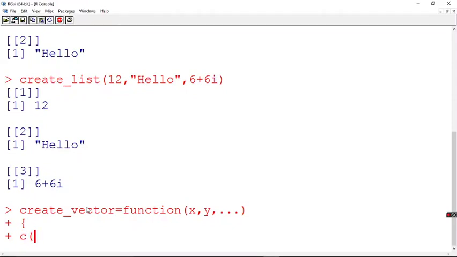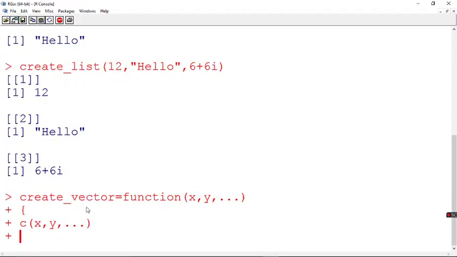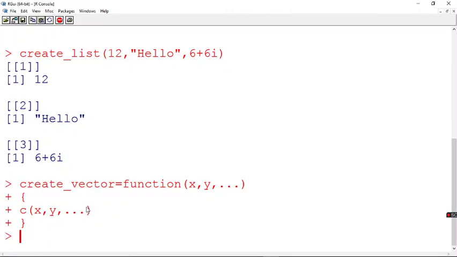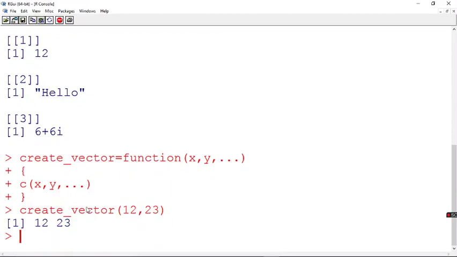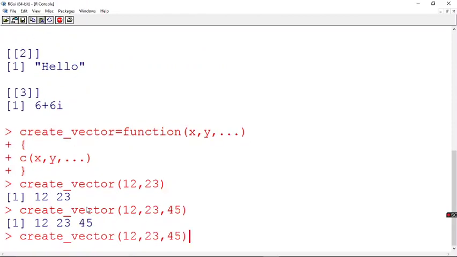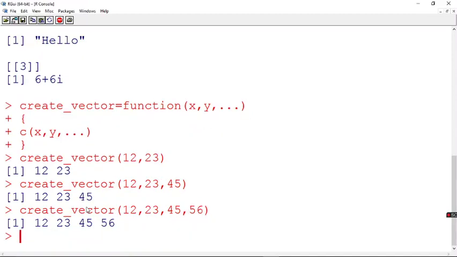So I say c of x comma y comma, and I specify that it can exceed that also. Now it is created. Now let me say create underscore vector, and I give first 12 comma 33. See, it has created. Now I say comma 45, and it is creating. If I say comma 56, it is creating. I have not restricted anything. I am just creating a vector.